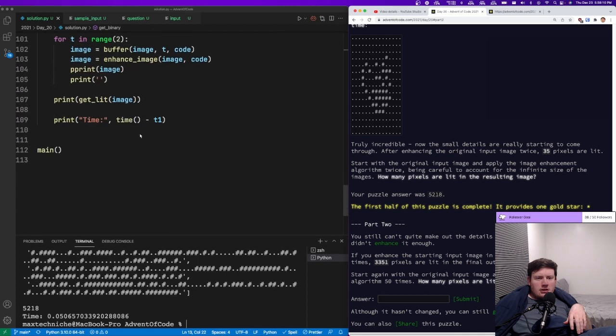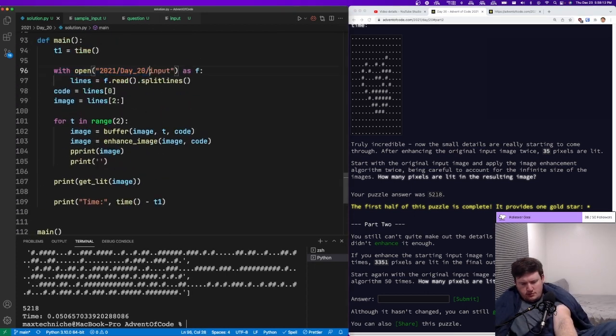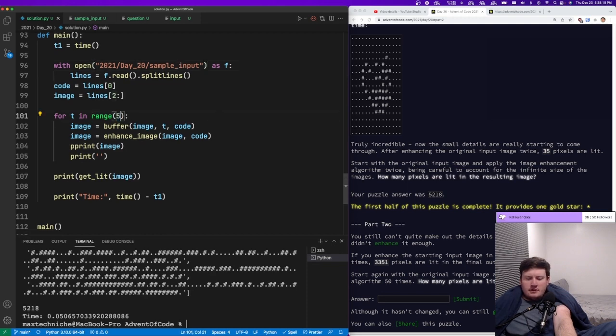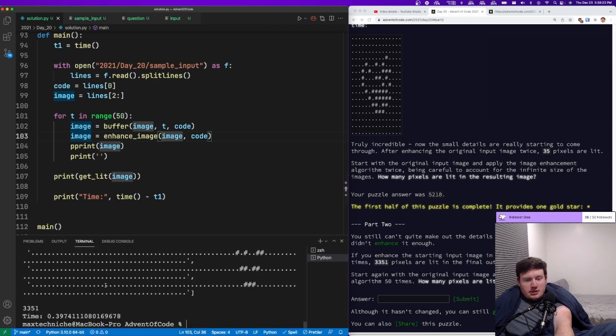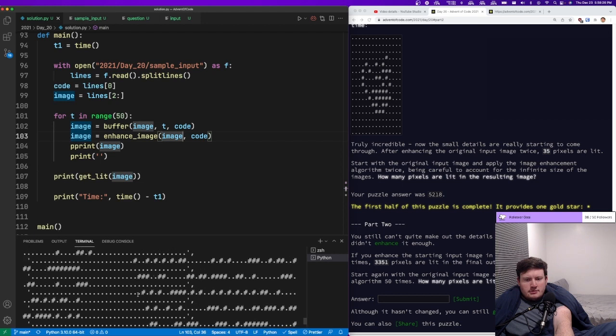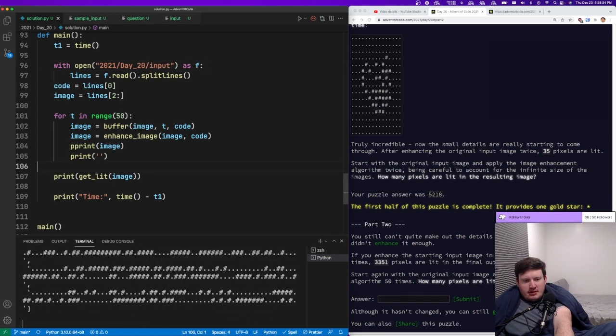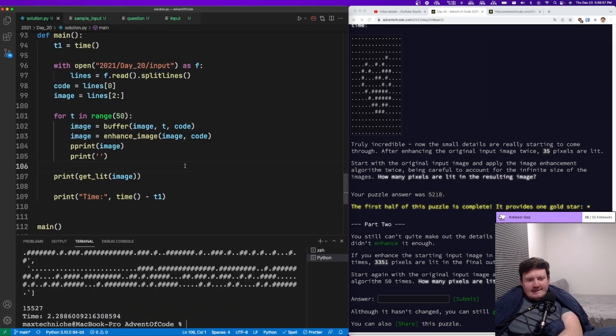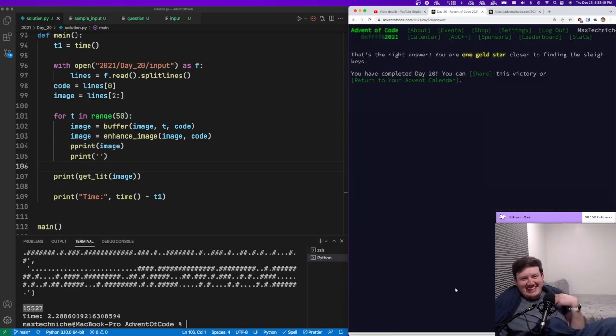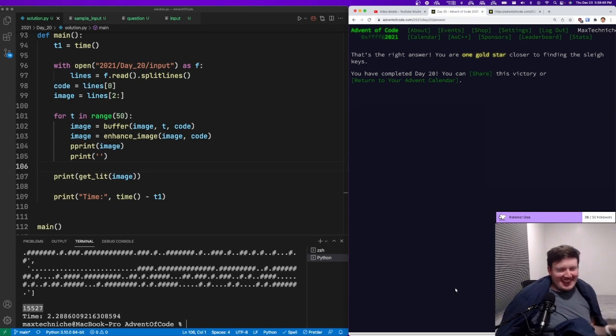So let's change this to sample. And then also just change this to 50. And that's going to print a bajillion times. Okay. Well, I mean, obviously that one works, but we're going to print out every single line in my input. Right. Oh, cool. That didn't take as long as I thought it was going to be. Hey! Oh, man. Okay, so